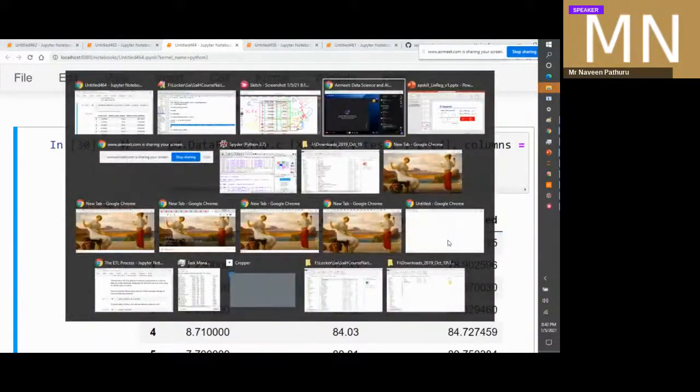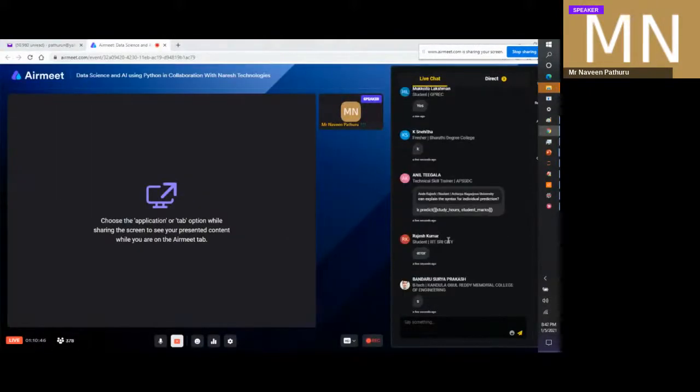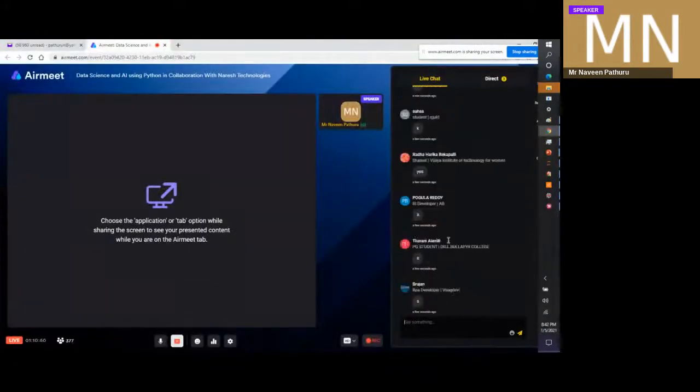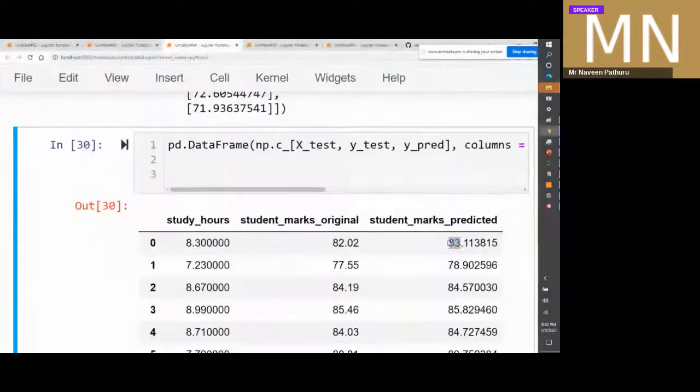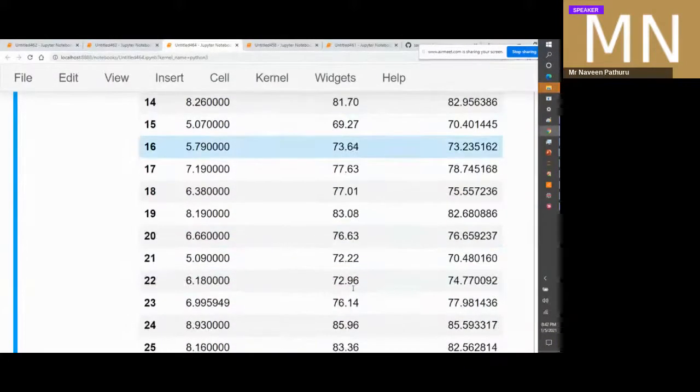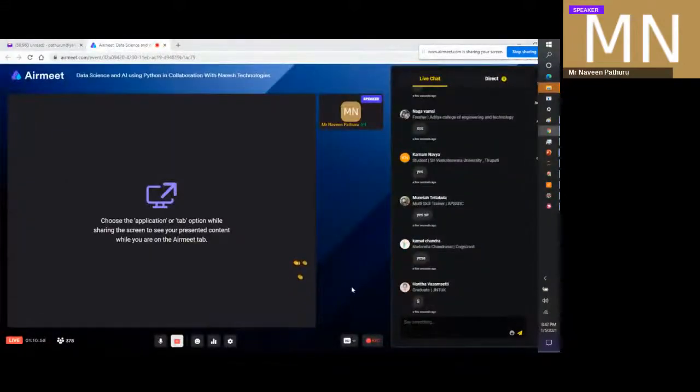Everybody catching that, guys? If our prediction is close, then the error is less. But if our prediction is too far off, then that is not a good model. Now, what do we have? We have about 20 or 40 students. We cannot look at everything manually. What do we do? That's where we will use